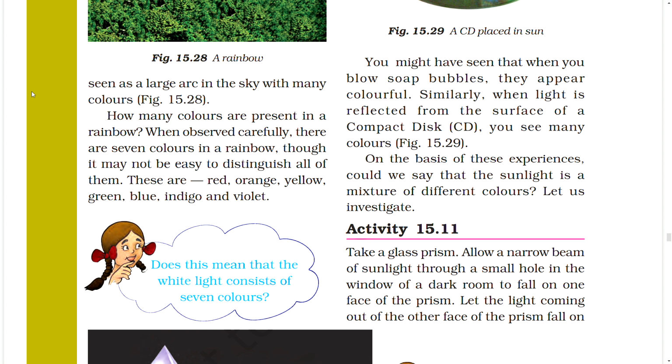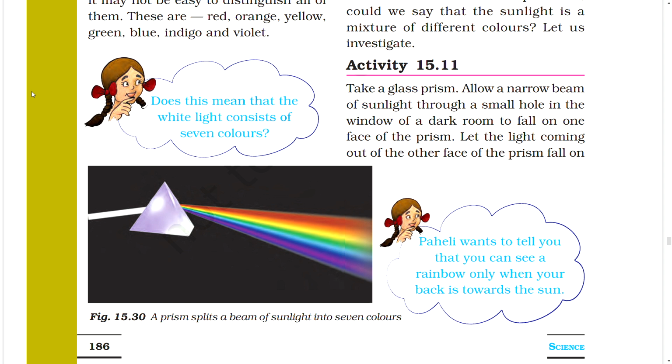Let us investigate. Activity 15.11. Do this. Take a glass prism, allow a narrow beam of sunlight through a small hole in the window of a dark room to fall on one face of the prism. Let the light coming out of the other face of the prism fall on